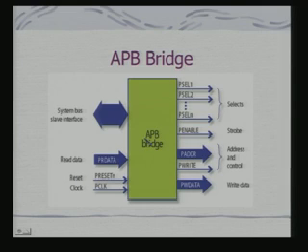Now we talk about an APB bridge; instead of AHB being the master, here it is an APB bridge. It has a system bus, which is a slave interface, and these are the signals which go on to the bus. It basically selects the device. It has an enable, which is the strobing signal for operations on the bus. Then these are address and control signals, and this is a write bus for writing the data, and this is for reading the data from the master, that is, the high speed bus.